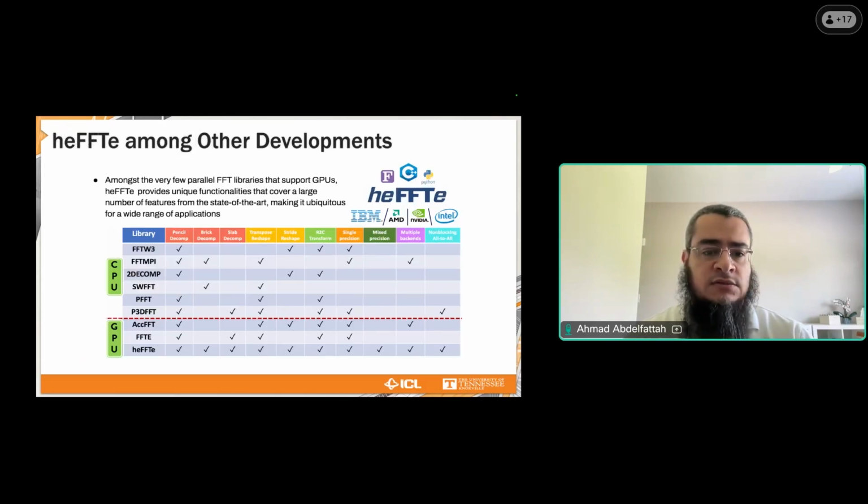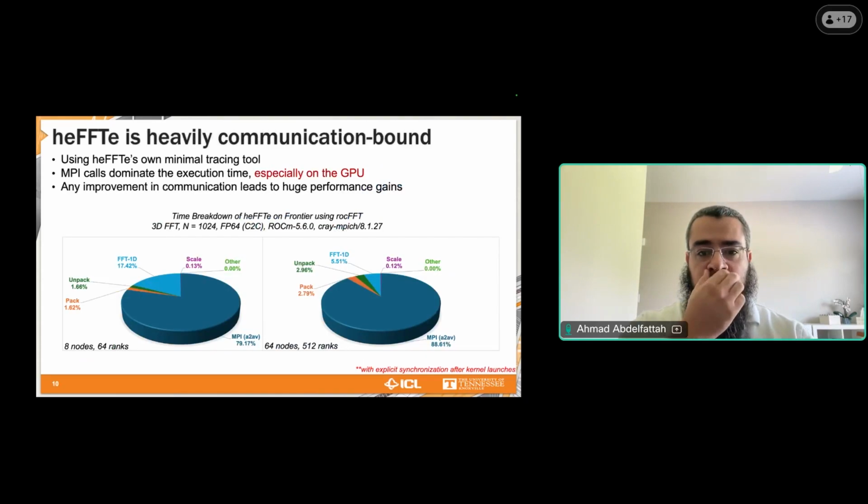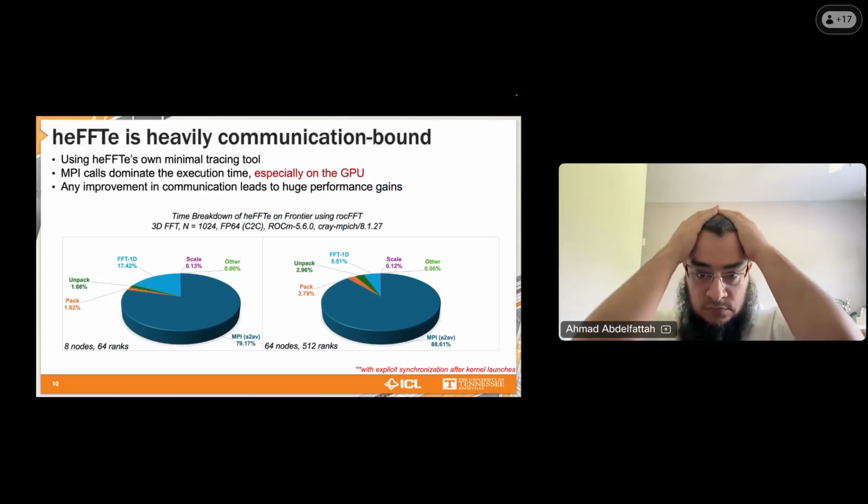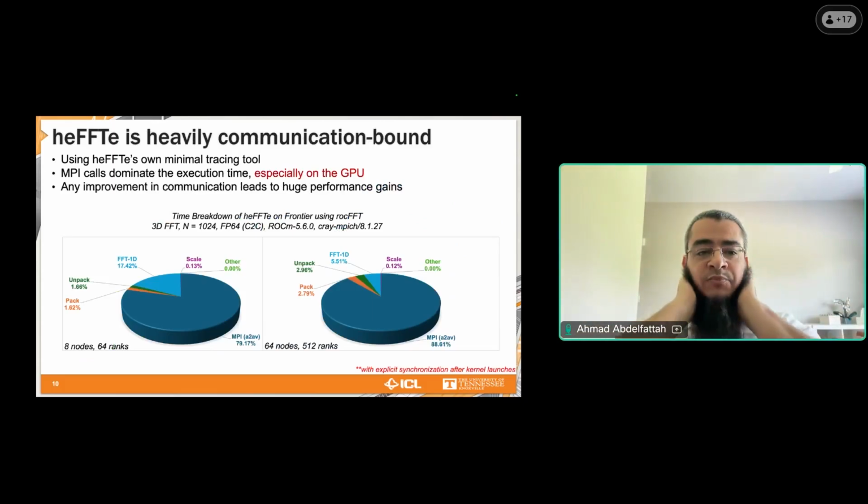On the right, you will see a slightly old slide because we are showing here results on Summit. But you can see that because of the robust support for vendor backends, we can easily achieve performance portability moving from Summit to Frontier, and I'll show some results on newer systems as well. And because the compute is not really the dominant component, most of the performance will be similar to straight lines because it just scales with the network bandwidth.